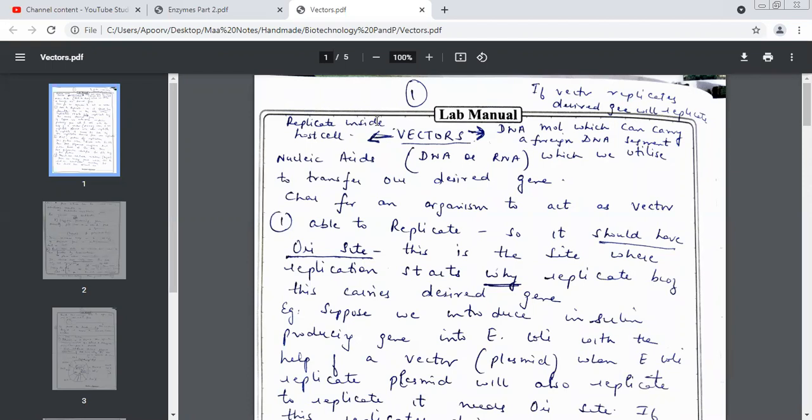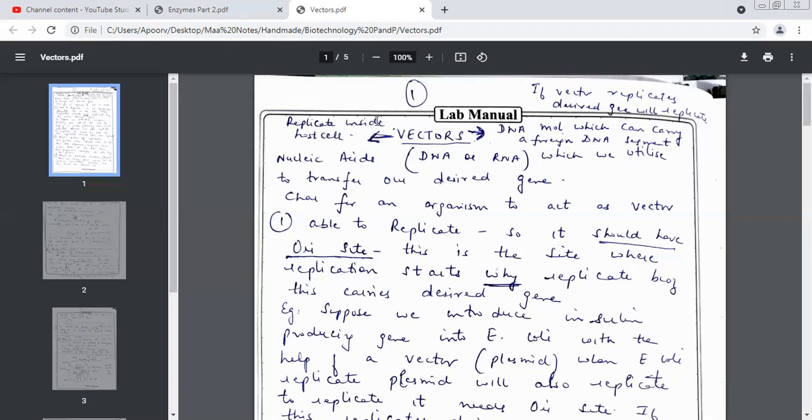Beta, supposing I want to insert an antibiotic resistant gene. So one gene I will take, I will insert it in a plasmid. Plasmid is one structure I have just discussed with you. I've also told you how to insert a gene in a plasmid. Previous period, did we do that? Yes, ma'am. Now I'll insert that plasmid into the host cell. But my work will not be done. I'll tell you why it will not be done. The plasmid has only one gene.